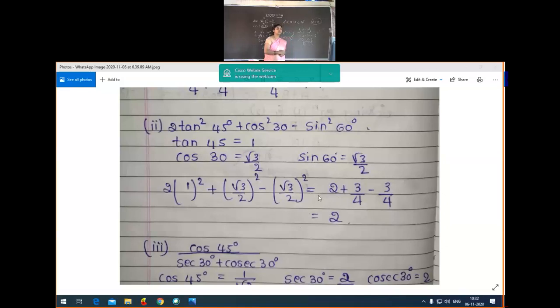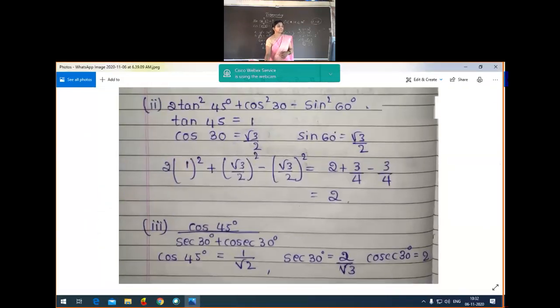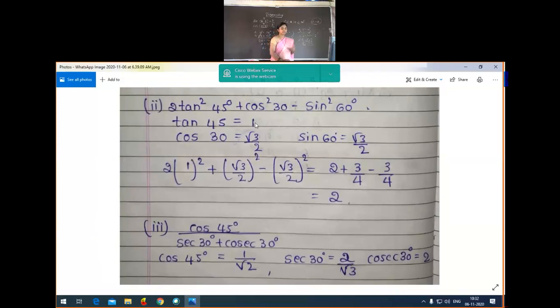This is the explanation of the first main second question. Is that clear, students? Yes, all the problems are simple only. Just first very important thing is you have to substitute the value properly. Okay, so next we are going to discuss the first main third question, that is cos 45 degree divided by